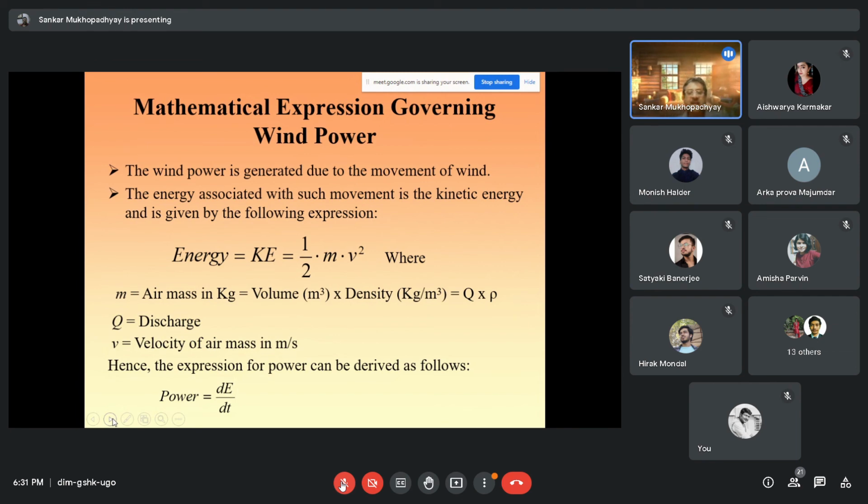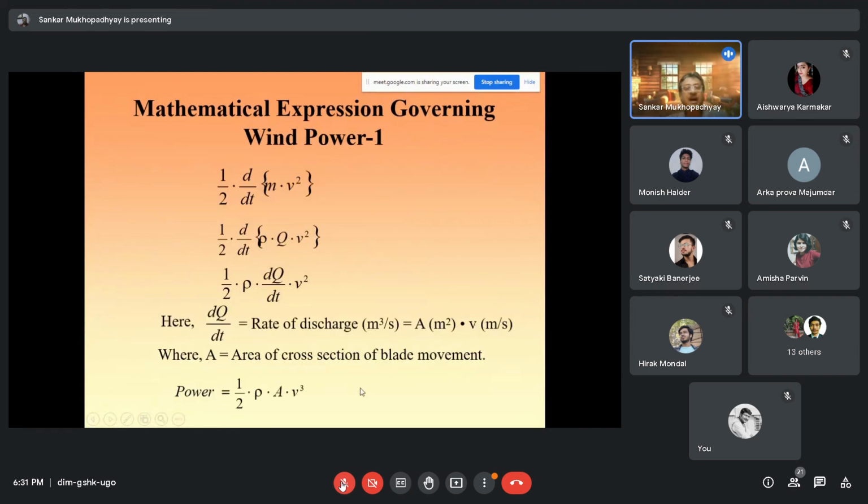Hence the expression for power can be derived as power is equal to dE by dt. কাইনেটিক এনার্জিকে আমি যদি টাইম দিয়ে ডিফারেন্সিয়েট করি তাহলে আমি পাওয়ার পাবো। তাহলে d/dt হাফ m v স্কোয়ার, তাহলে কি হয় হাফ d/dt অফ m v স্কোয়ার। m এর জায়গায় আমি লিখতে পারি রো ইন্টু কিউ। কিউটা কি ভলিউম, তাকে আমি ডেন্সিটি দিয়ে গুণ করছি, তাহলেই আমি মাস পেয়ে যাব। তাহলে হাফ রো বেরিয়ে গেল বাইরে, dQ/dt ডট v স্কোয়ার। নাও dQ/dt কি রেট অফ ডিসচার্জ, দ্যাট ইজ